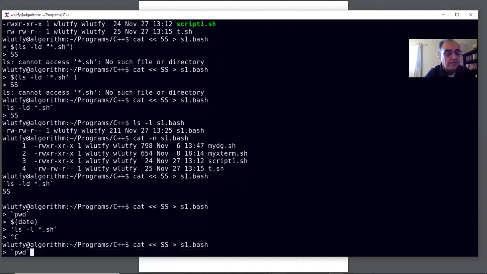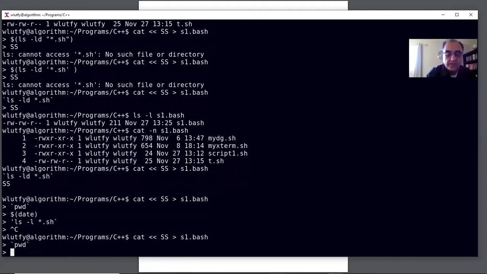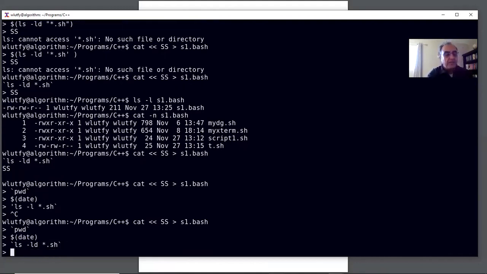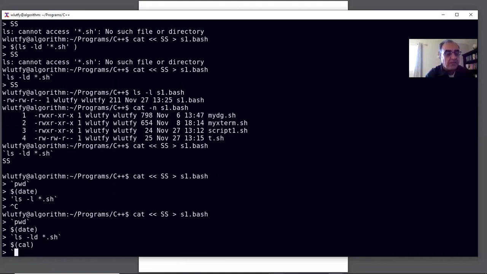So backtick pwd and then run the date command. Run the date command in here. Date. Okay. So now I'm going to do backtick, ls minus l star.sh, and just make this one ls minus ld. So backtick here again. Let's do another $, calendar,